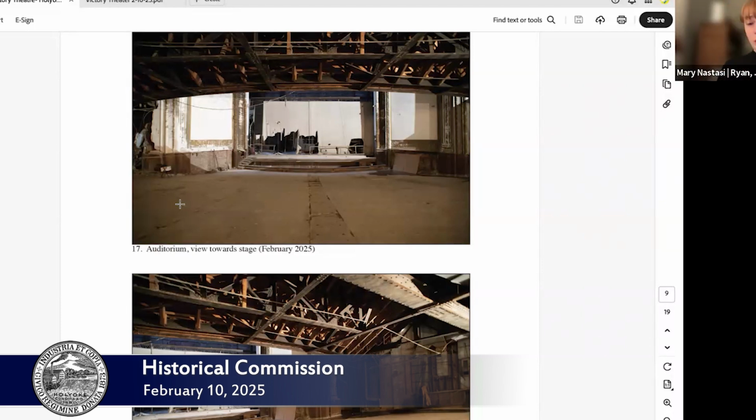Sorry, if I could interrupt very quickly, just adding on to that, from the historic tax credit perspective, the theater itself, the stage, the proscenium, those are very important character defining features of this space. Moving that forward, even by as little as 4 feet, would essentially be considered a no-go by the National Park Service